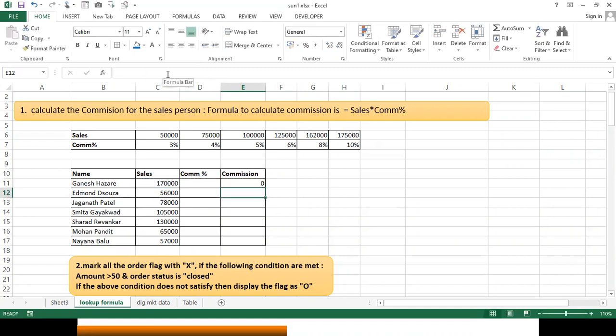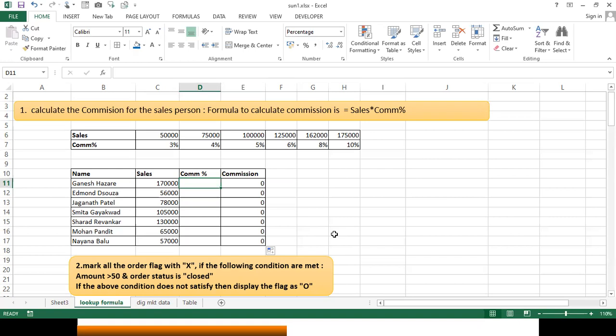But in this case, I don't have a commission. How will you get the commission? Quick answers, please. Ganesh Hazare, how much should he get? He's done sales of 1,70,000. Sir, we should calculate like C11 into 10%.